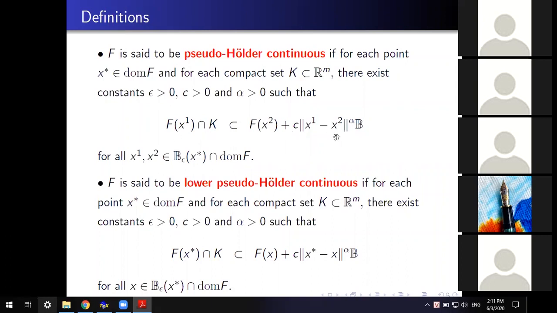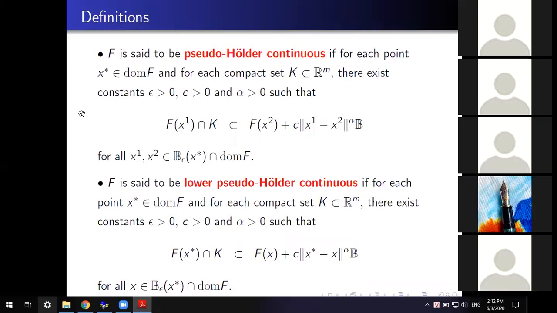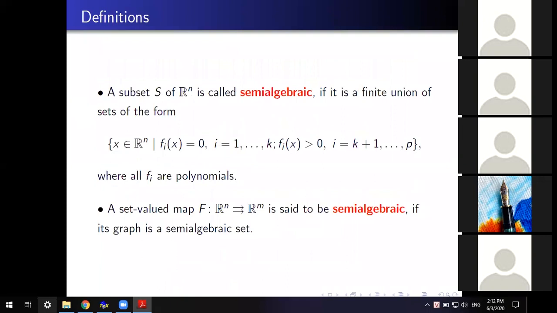So in this condition, if we let S1 equal to S star here, then we can get the lower pseudo-Hölder continuous S1 equal to S star when we fix S1 here. So the first condition is stronger than the second condition, right? But the second does not imply the first condition, by definition. Okay, so the next,